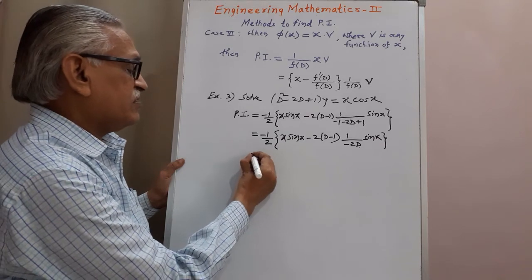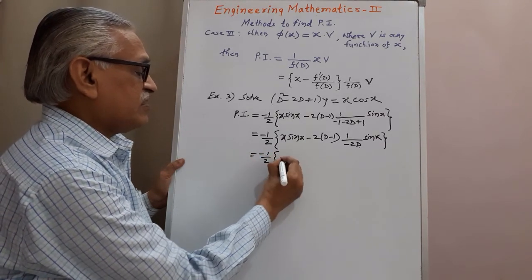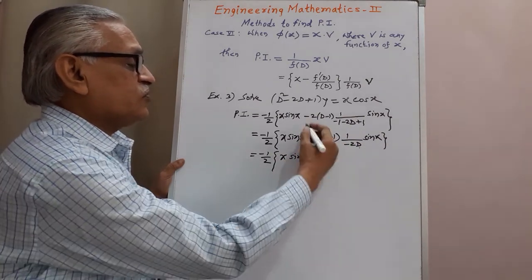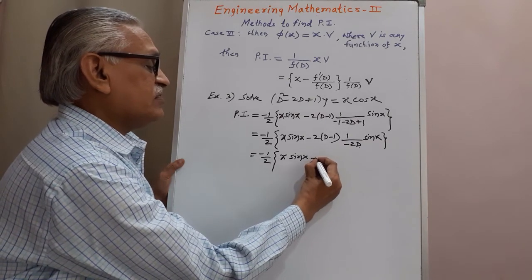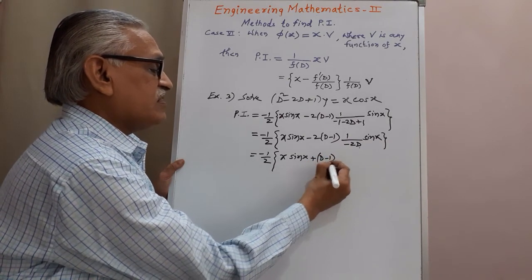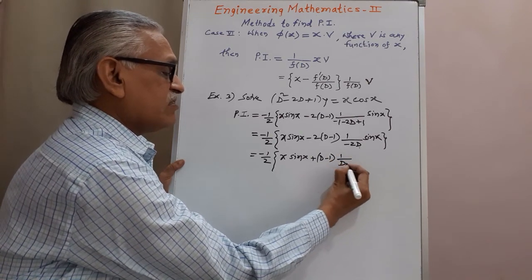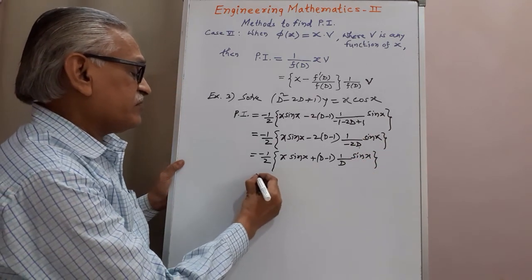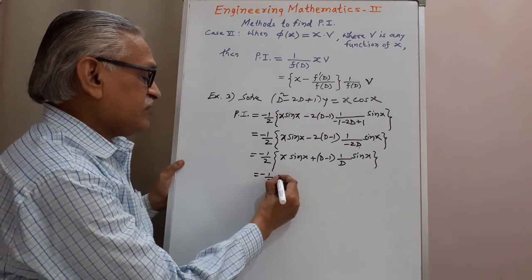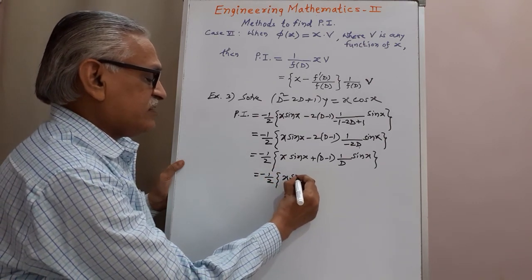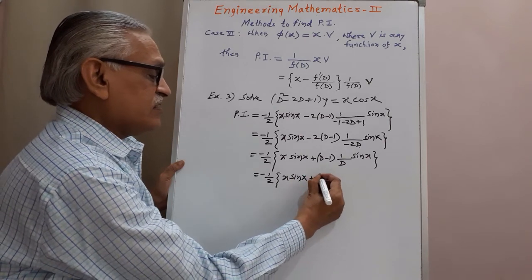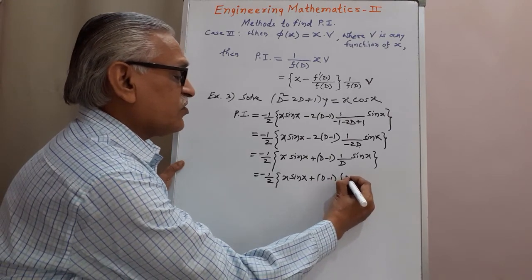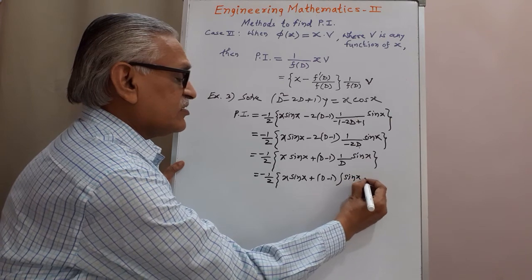And therefore it is minus 1 by 2 times x sin of x, minus, and that minus becomes plus, 2 get cancelled, it is D minus 1, 1 by D operated on sin x, and therefore it is minus 1 by 2 times x sin x as it is, plus D minus 1, and 1 by D means the integration, therefore it is integration of sin x with respect to x,